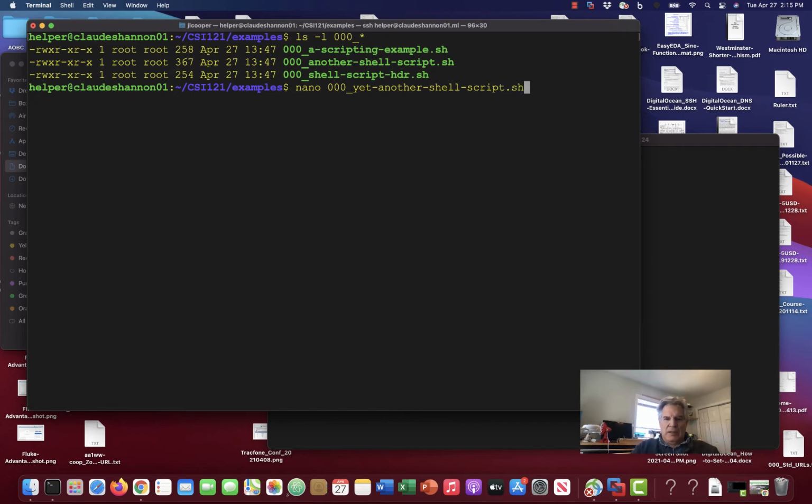Now, just to say something I've said before, in command line Linux, file extensions mean almost nothing except their